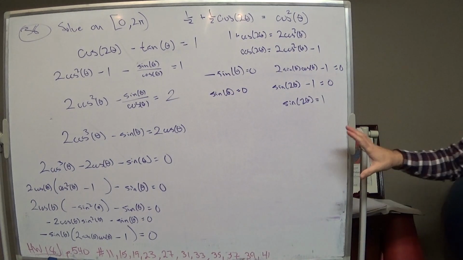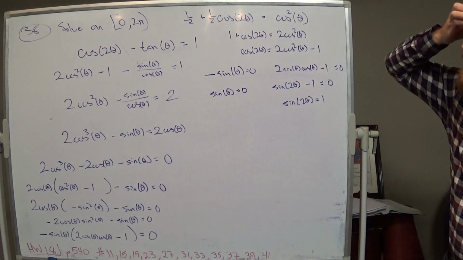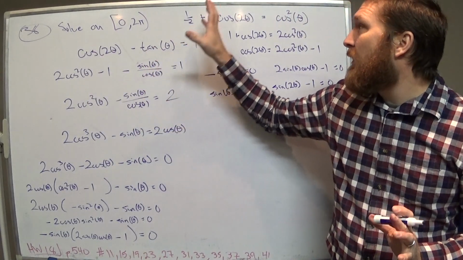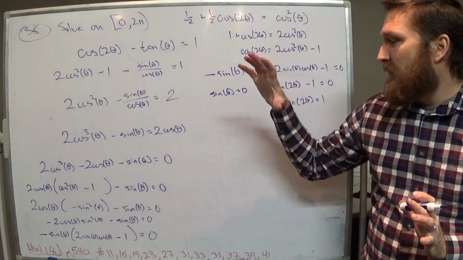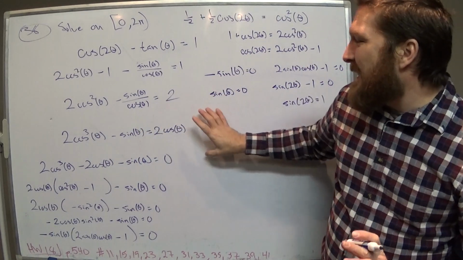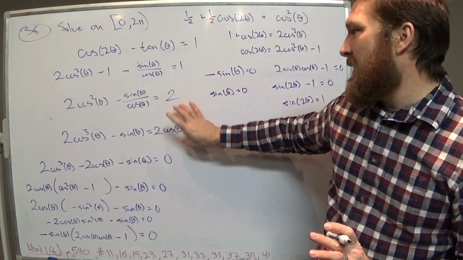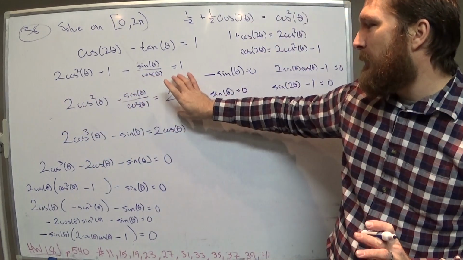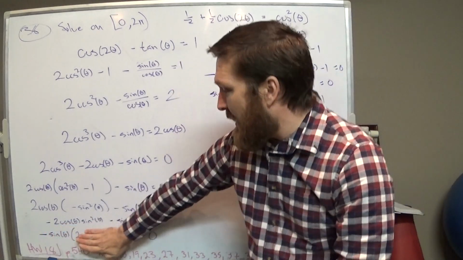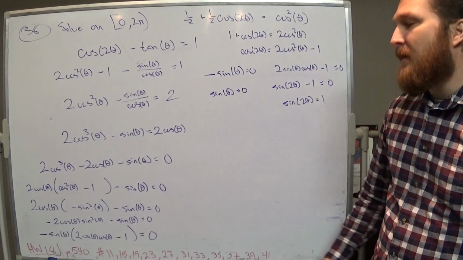Now, just something to notice, right? Like I said, you're going to want to have all of your thetas and everything, and we don't want to mix our 2 thetas and our thetas, but then we ended up mixing our 2 thetas and our thetas, but back here, that wasn't going to help us, right? That was going to make our lives more complicated. But once we got everything separated, right, we have something times something equal to 0,